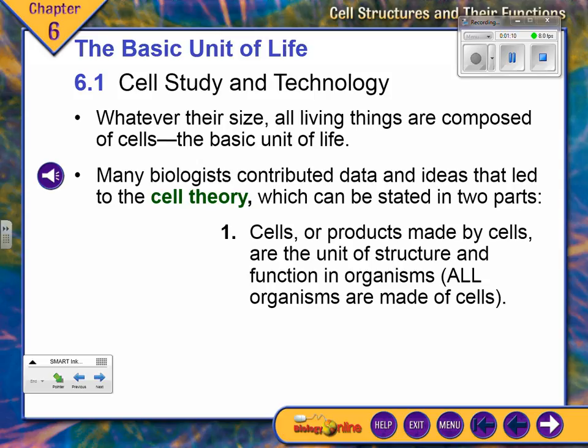Now, the deal here is this thing I put in parentheses, all organisms are made of cells. Sometimes when we're talking about the theory in a very simplistic way, they say that's number 1, and then they say that cells are a part of structure and function of life is number 2. It's redundant though, right? If cells are part of the structure and function of life, then is not all life made of cells? But I did want to point that out because you're going to see 1, 2, 3, and you're going to get all upset going, why is there 3 and there's only 2 here? Okay, so that's what the deal is, right?